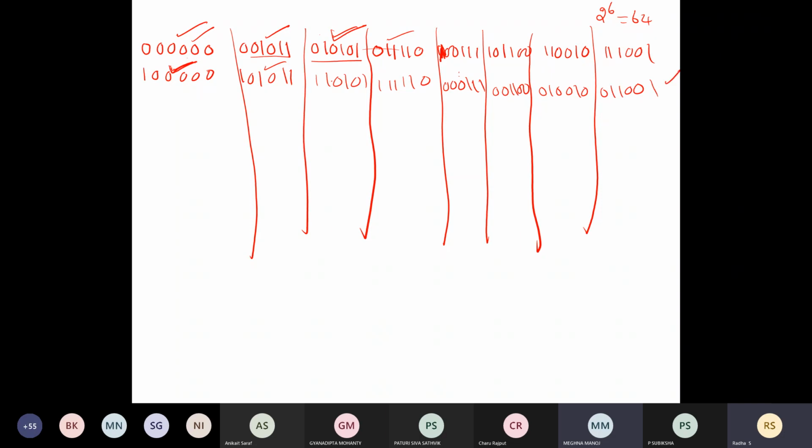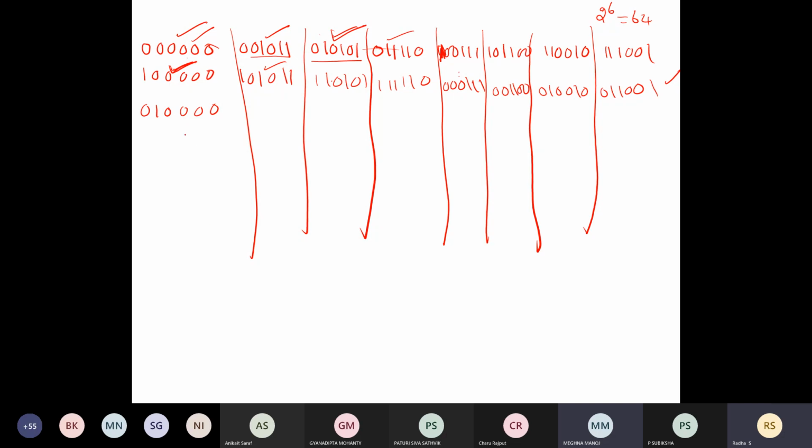Now I'm going for the other coset. I'll try to find an element again with the minimum number of ones. That means I'll take this. I can very well say that this is not there in the first row and also in the second row, correct? What happens if you take any element from either the first row or the second row? If you are taking an element from the first row and performing the operation, you will get back all the elements that are there in the first row again. Closure operation. If you are taking any element from the second row and doing the same operation, you will get back the same thing again. So no use. Ensure that every time you take an element which is not in the previous rows.